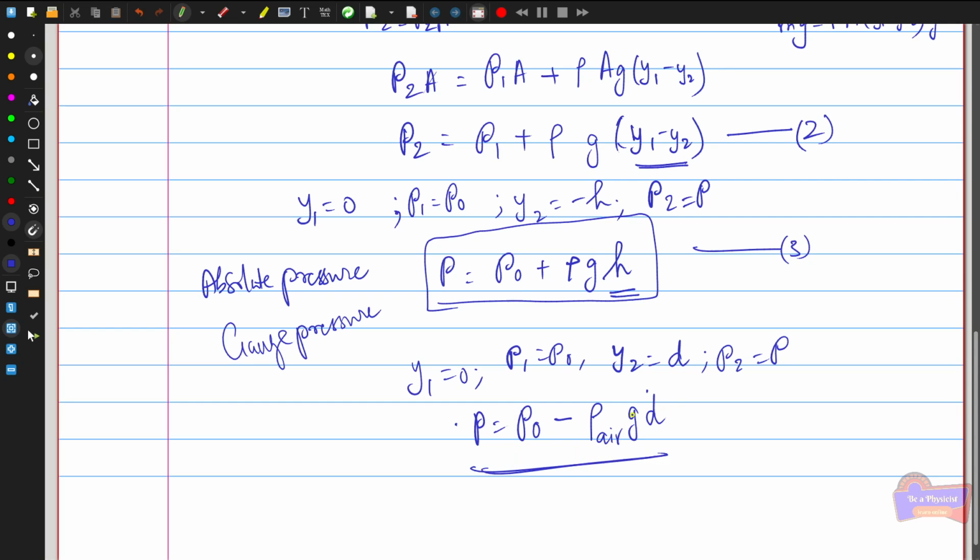So this equation can be used to find the atmospheric pressure at a distance d above the top layer. Using both these equations, I can find the pressure inside the liquid and also the atmospheric pressure. As I already mentioned, the pressure of a fluid depends only on the depth